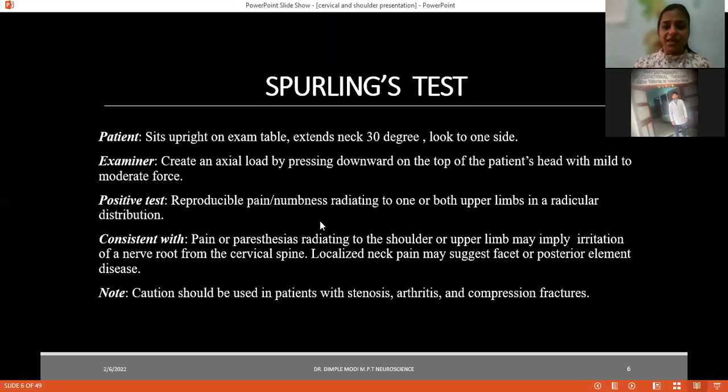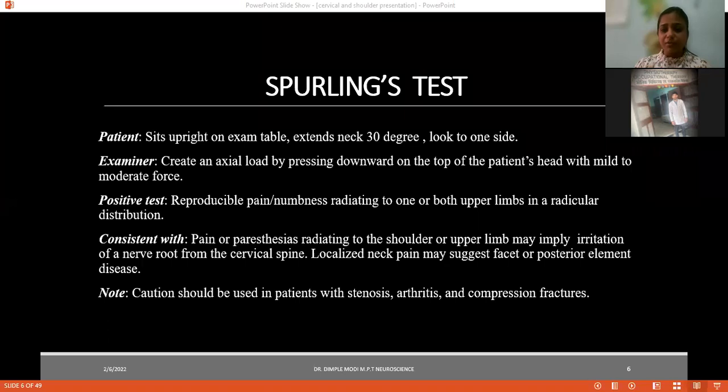Now next is the Spurling test. We make the patient sit upright on the examination table, extend the neck 30 degrees and look to one side. Just extend and look to one side, and the therapist will apply minimal pressure, not so hard or not so soft that you do not get the symptoms you want. Just minimal to moderate force. When there is pain or numbness in the upper limb,